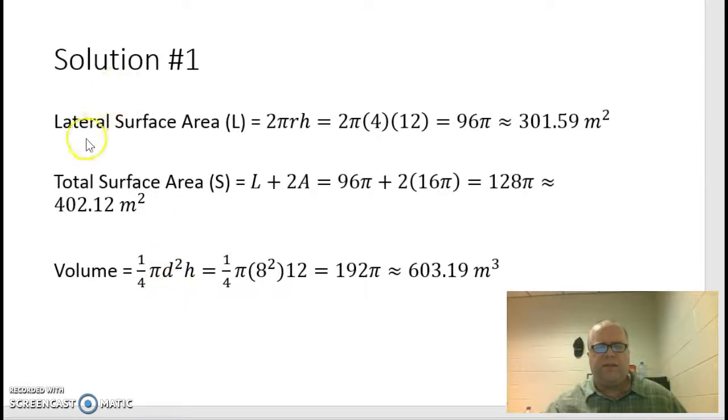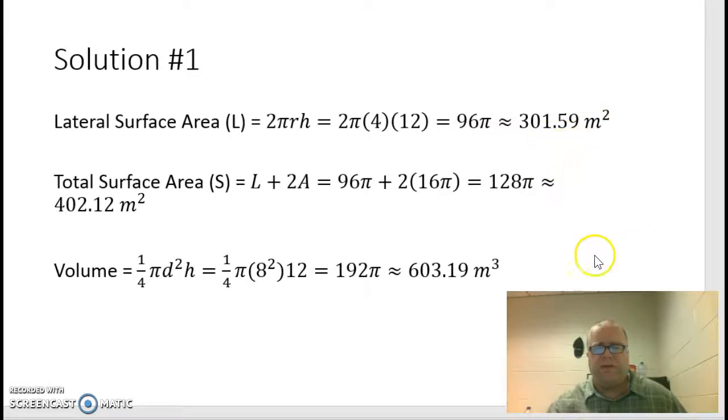Okay, so the solution is, if we're doing the lateral surface area, we can use any of the formulas, but let's use the 2 pi r h. We probably use this formula because it gave us the cylinder in terms of the radius. If it would have given it in terms of the diameter, we could have just divided that diameter by 2, or we could have used the formula that included the diameter, which was pi d times h. So we plug in our values, 2 pi times the radius, which is 4, times the height, which is 12, which gives us 96 pi, or approximately, rounding to 2 decimal places,